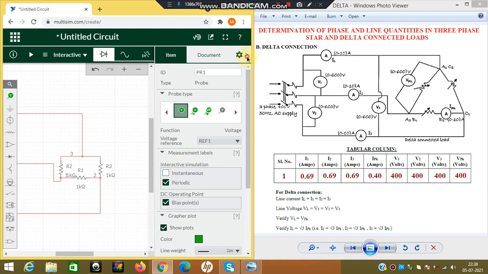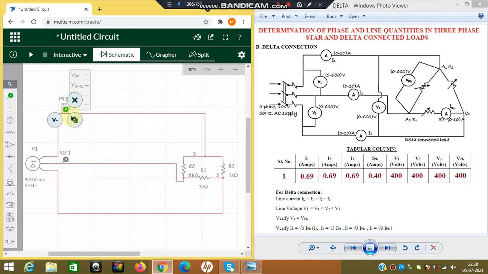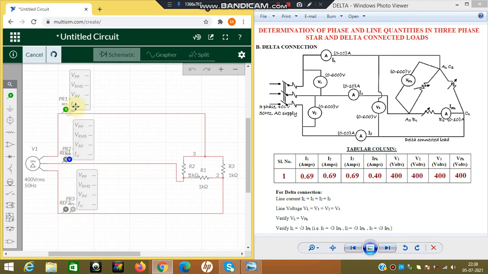instantaneous, come back. Now you can take the copy of this meter, place it over the second line. So this is with reference to the third line, so take reference here, and then again take the copy of this one. So now 3 with respect to 1. So I have V1, V2 and V3 here, 3 meters.